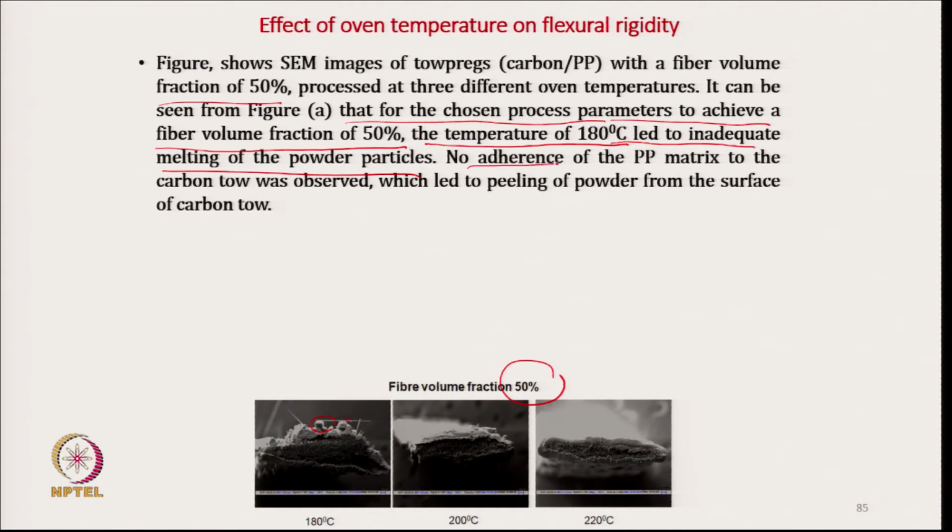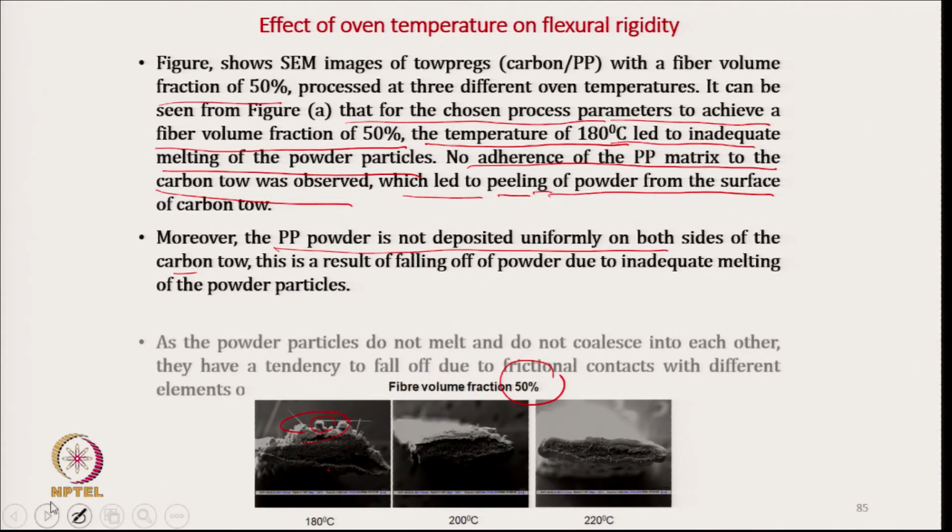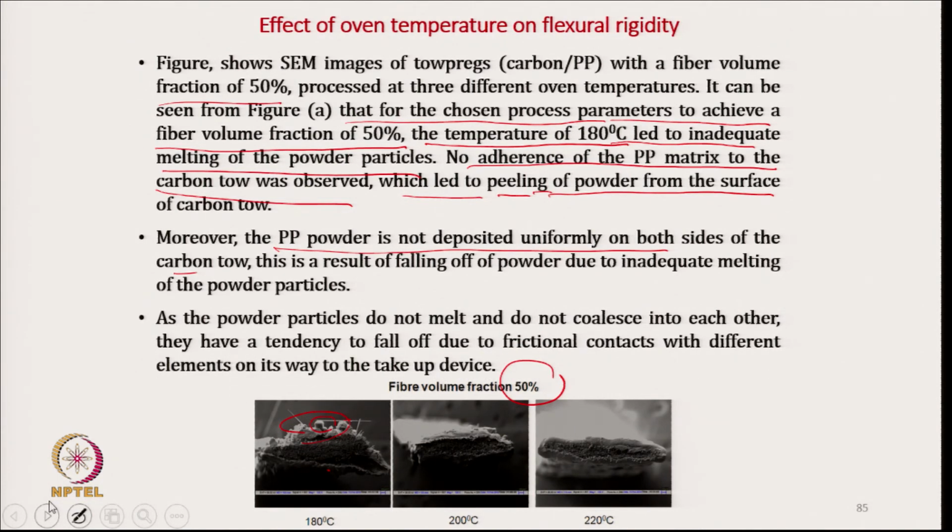So, no adherence of PP matrix to the carbon toe was observed, which led to peeling of powder, so it gets peeled off. We can see it very clearly, the powder gets peeled off. And also the PP powder is not deposited uniformly on both sides of the carbon toe. It is not uniform because of the improper melting of the